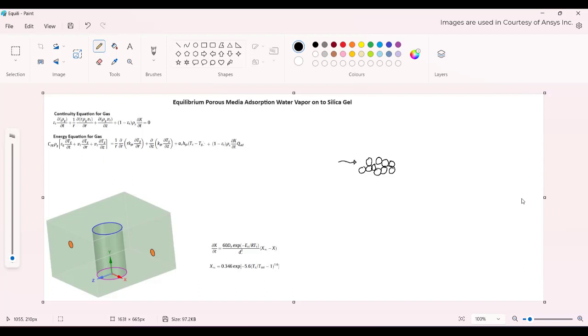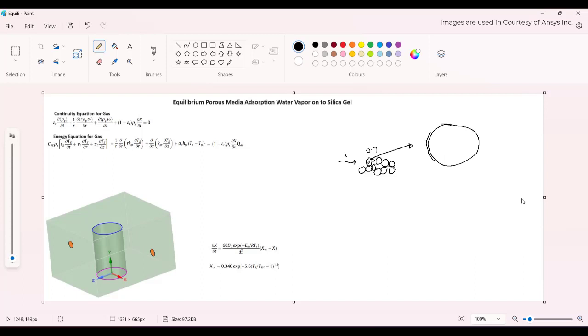When it comes in contact with these silica particles, if the water vapor fraction is, for example, 1, after it comes in contact with the silica gel the fraction now becomes 0.7. It means a 0.3 fraction is adsorbed onto the silica gel particles. Now, if you zoom in on this single particle, it will look like this. So now the water vapor will be adsorbed here,